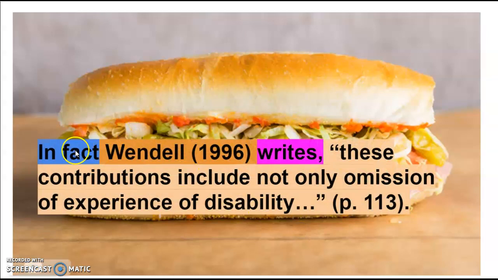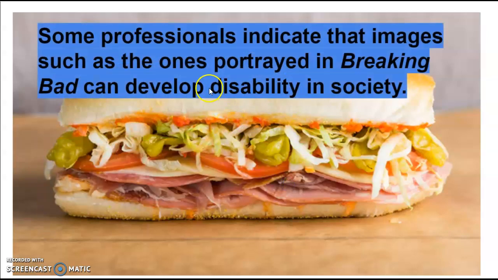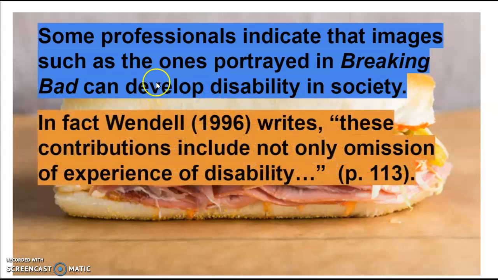So, for example, we have our transition. This is the author's name, a verb. Notice we have our in-text citation here. The complete quote, there is a handout loaded into Canvas, kind of going back through the quote sandwich. You can look at that and you'll see the complete quote. So we have some professionals indicate images, blah, blah. So basically,